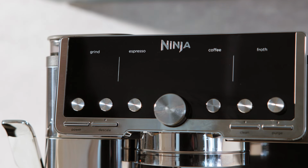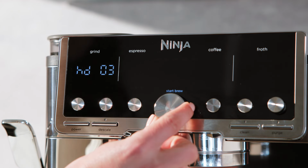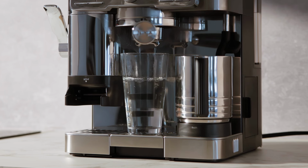When turning it on for the first time, the screen will show HD05. Use the center dial to change it to the number of purple squares you had. Then press the dial to lock it in. Simple. Next, we're going to run a short water cycle to flush out the system and get it ready to